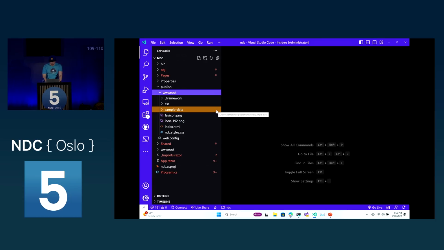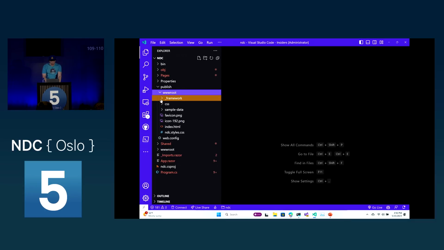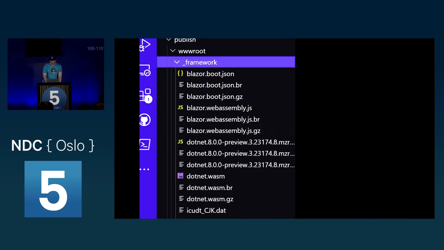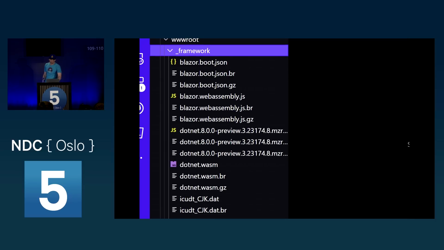So this is our wwwroot. Inside of here, we have a CSS file. We have HTML. I can zoom in a little bit here. We have a framework folder. We have CSS. Let's take a look at what's in the framework folder. I'm not going to scroll all the way down, but as you can see, there are some DLLs, and there's this .NET WASM, which is the .NET runtime for WASM, and then there's a couple of JS files, blazor.webassembly.js, and